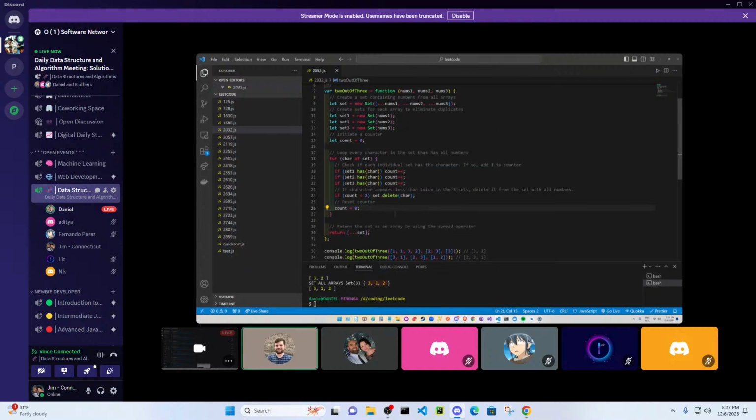And of course, let's test 2. For this set, we have 1, 3, 2. It's present, so count's going to be 1. It's present here, so count's going to be 2. It's not present here, so this is not going to run, and count's going to be 2. 2 is not less than 2, so we do not delete the character. So at the end of the day, we have a set that is 2 and 3. We just deleted the 1, and I can confirm that by running